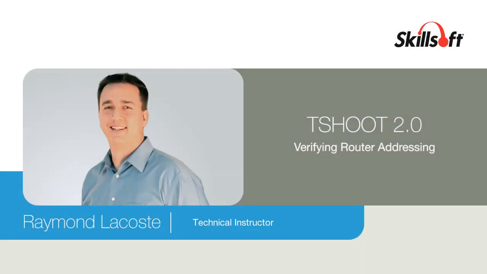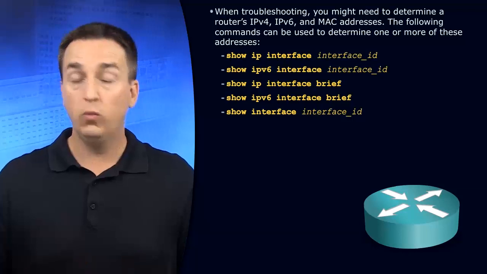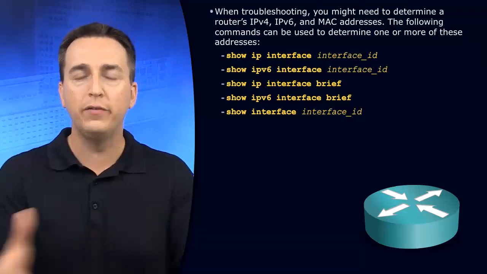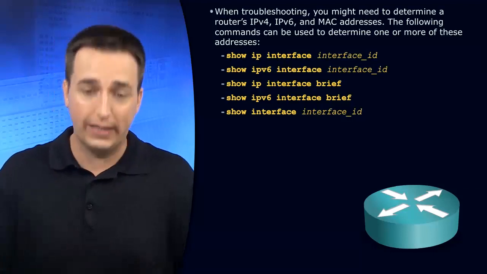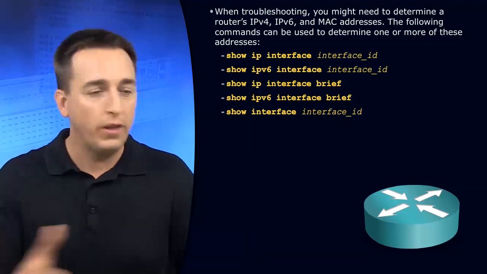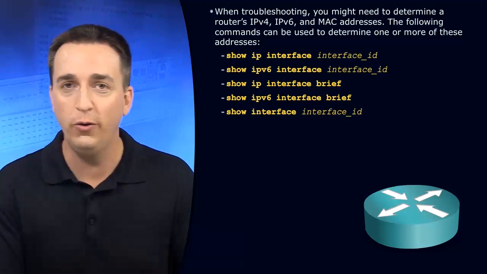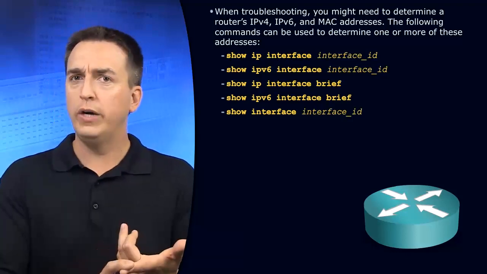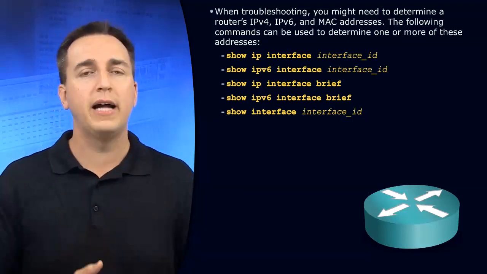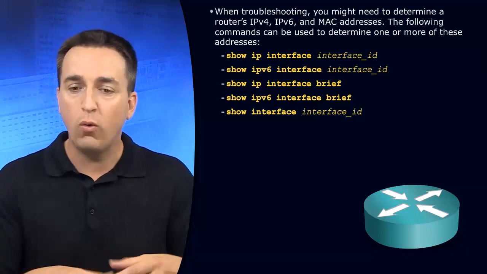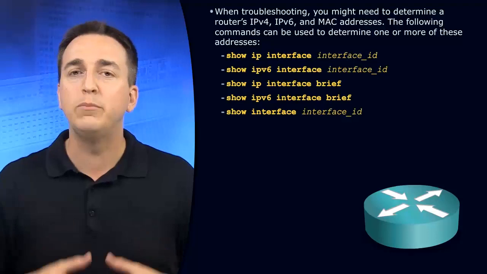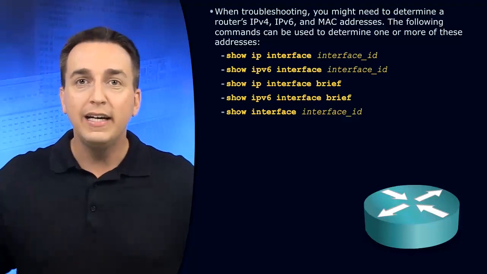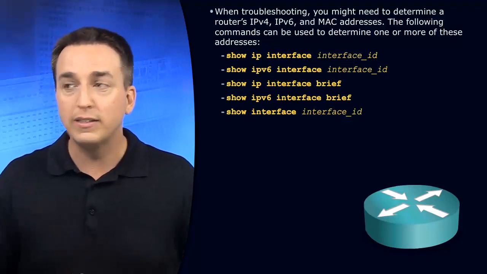What types of devices need IP addresses within our network? Well, any device we want to allow to communicate within the network or outside the network needs an IP address. So whether it's a client or a phone or a printer or a switch, it needs an IP address for management access, or our router, which is going to require an IP address on every single interface, so that way there it has the ability to communicate with those devices in the local area networks that are attached to those